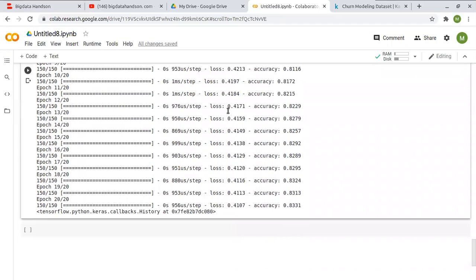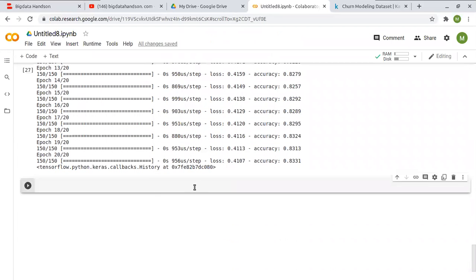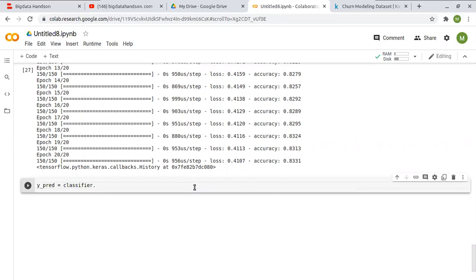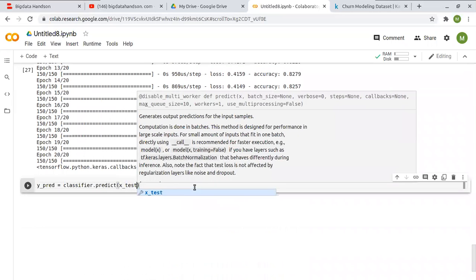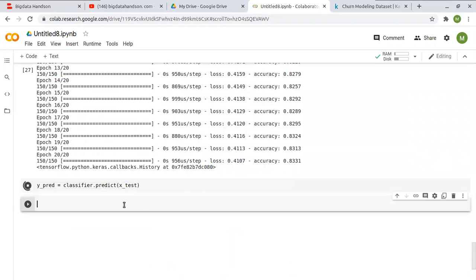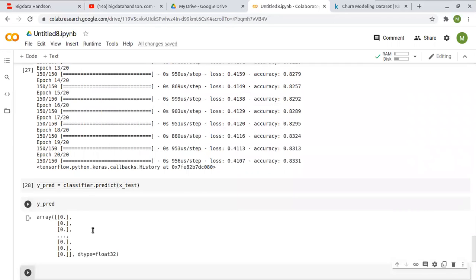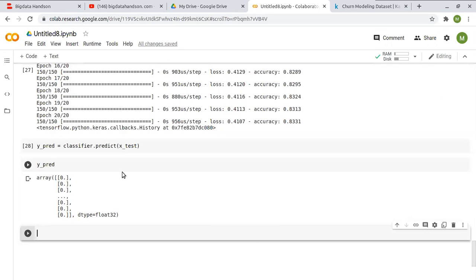To predict the values after fitting this, you can say y predict equal to classifier dot predict of x underscore test. It will give you the prediction result, and you can visualize the prediction. It will be in the 0 to 1 value. To convert this into 0 and 1 labels,